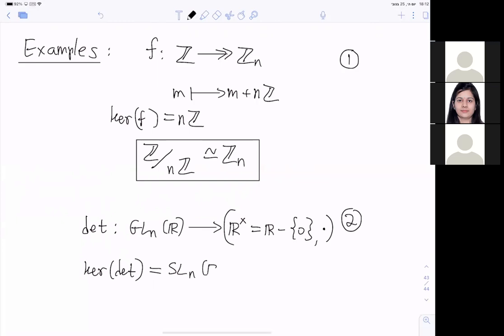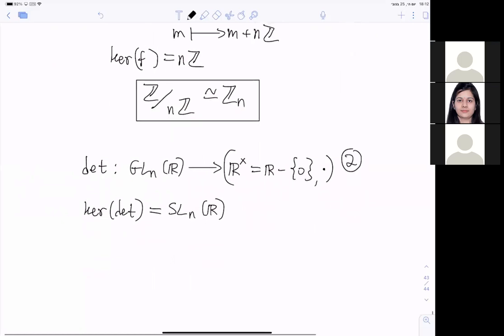SLN. Remember, these are all matrices with determinant 1. Now, according to this theorem, if we take GLN modulo this kernel,